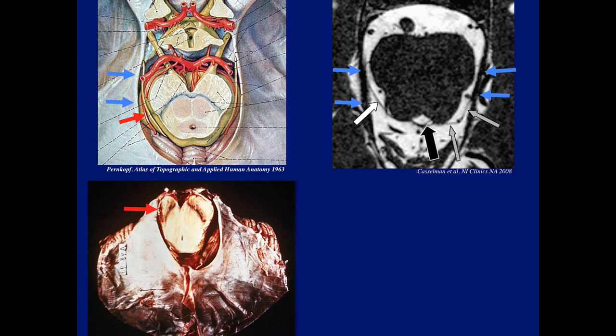Now, one of the things that was not pointed out in these pictures is this dark line. This is the tentorial edge that I highlighted with blue arrows on either side, as you can see in this diagram. So here's the nerve between the brainstem and the tentorial edge. It's the tentorial edge which doesn't really give, which is the problem.